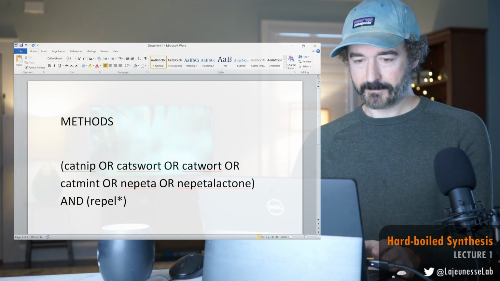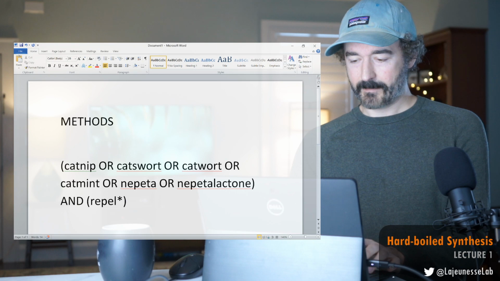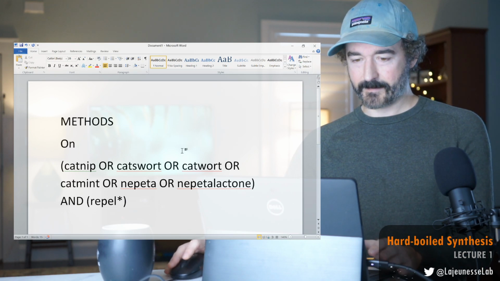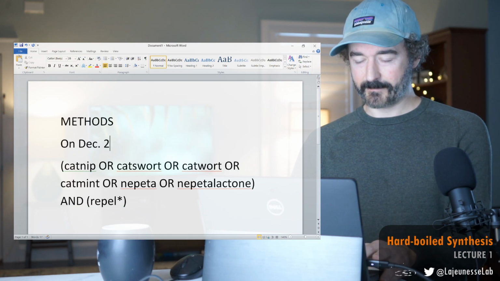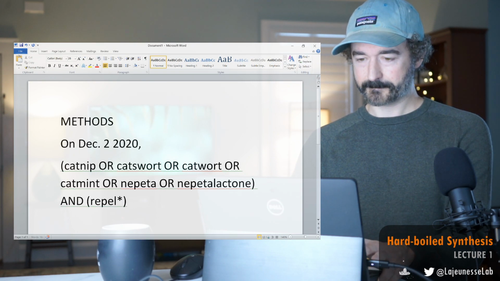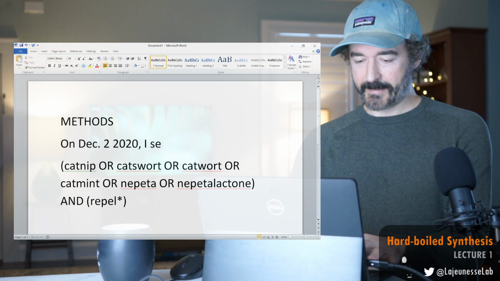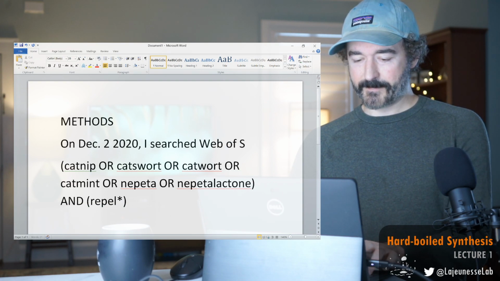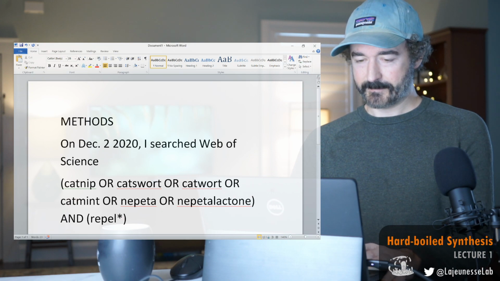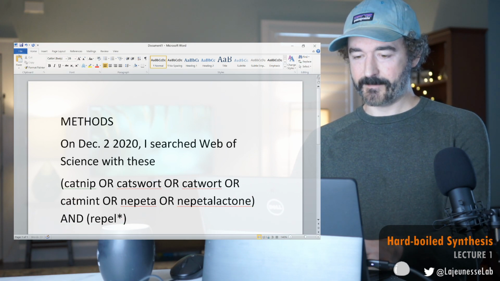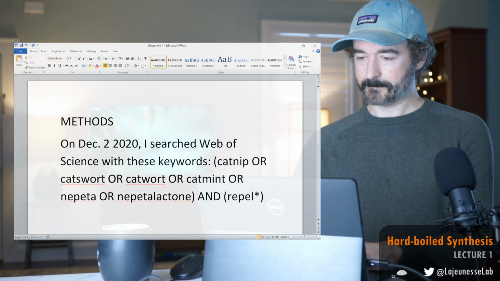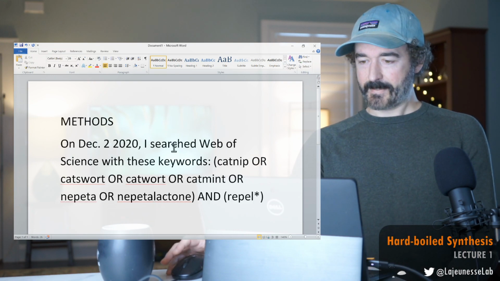Methods. On what day is it? This is December 2nd, 2020. I searched Web of Science with these keywords. There we go.